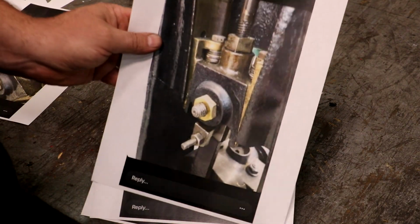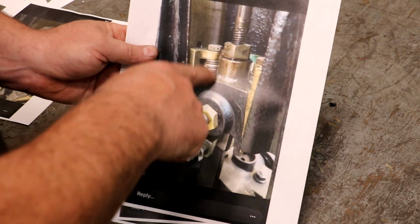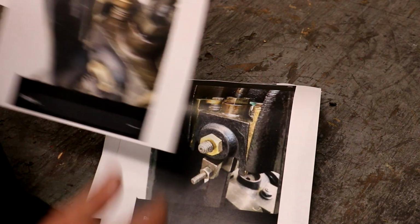Here's a little bit of an angle there. Again, you can see the screws in there where they adjust up and down. Here's a shot kind of from the top. But using these